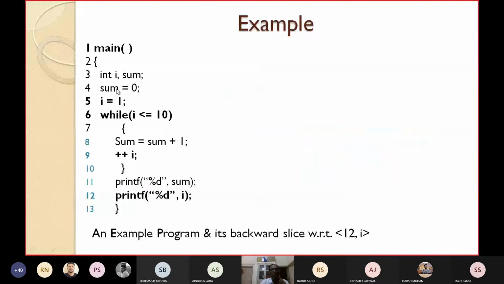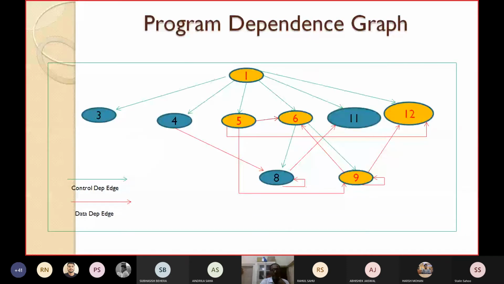Now I will come to 8 and 9. You can see they are not control dependent on main, they are control dependent on the while statement, isn't it? Because they are included in the loop. So 8 and 9 are control dependent on 6. Let's see how I can represent this. So 8 and 9, these statements are control dependent on what? 6. So I have to draw an edge from 6 to 8. I have to draw an edge from 6 to 9. This means that 8 is control dependent on 6 and 9 is control dependent on 6.